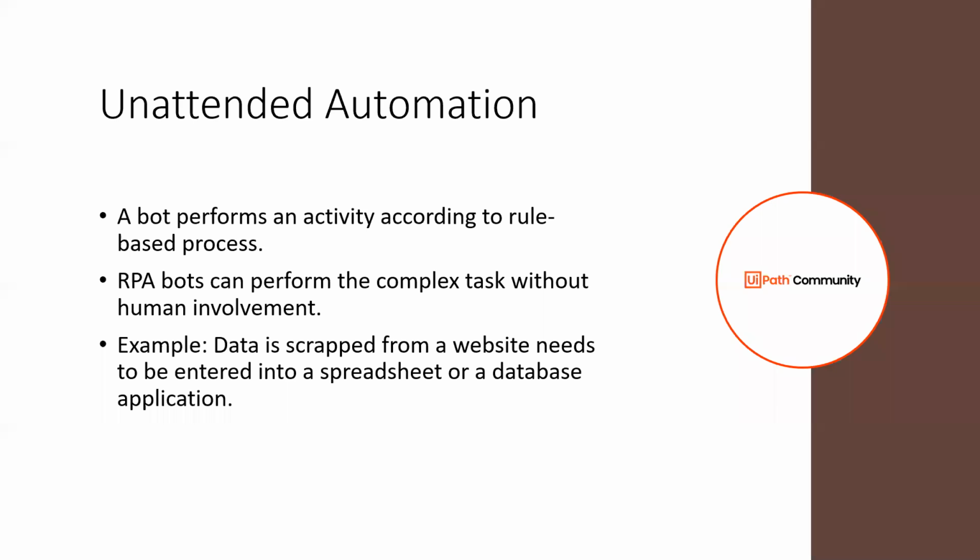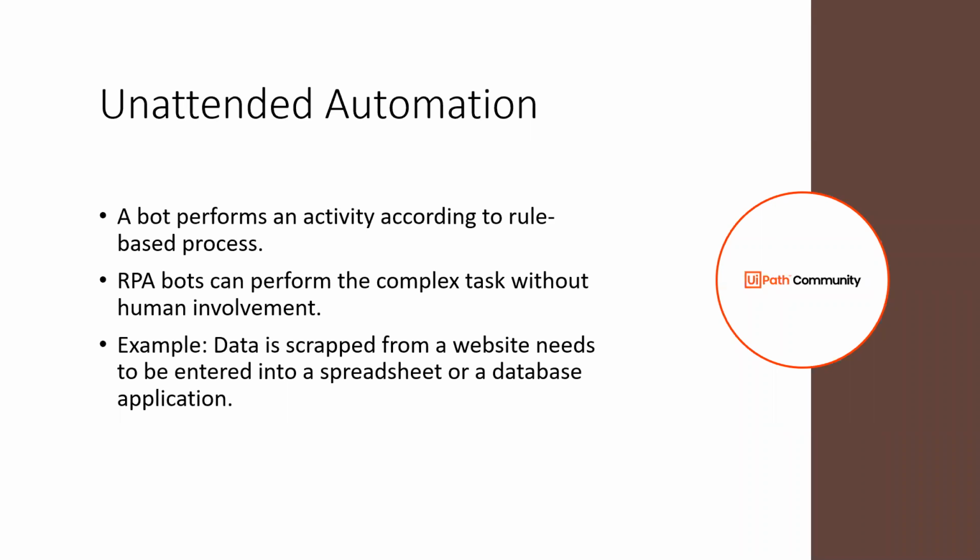So in that case, what is happening is from my orchestrator, the bot will just start its execution. Once it starts its execution, it will automatically go to that website, scrape the data, and give me the output in an Excel file or maybe in a database, wherever I want to enter the data. So in this case, as we saw, the complete automation was executed, but there was no human involved.